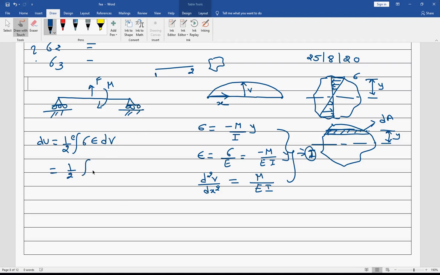So I could write this as sigma epsilon and dV, and of course the cross section area is not going to change, so therefore it is going to be dA into dx. Now why dA? Because we are talking about the small internal energy of the small volume dV. And that is why, instead of A dx, dV will turn to dA into dx.